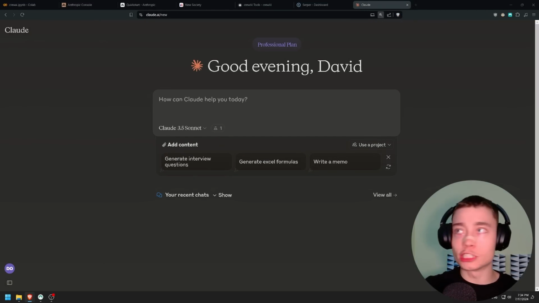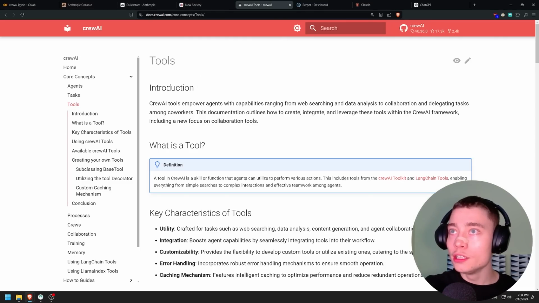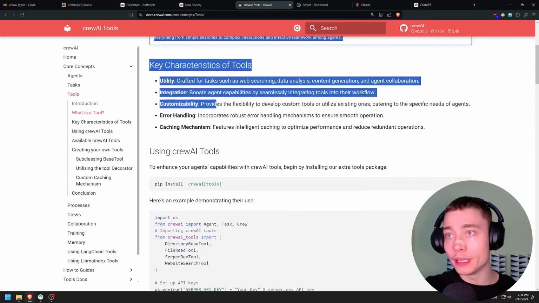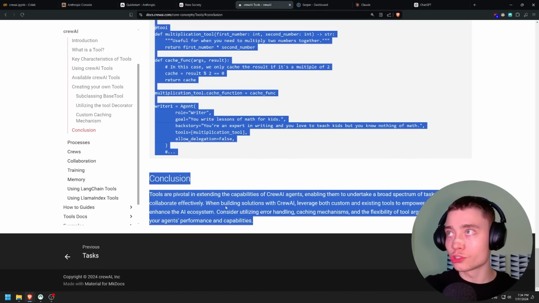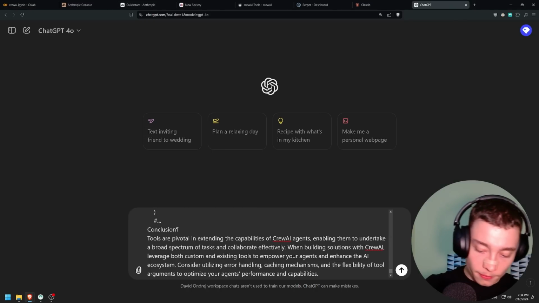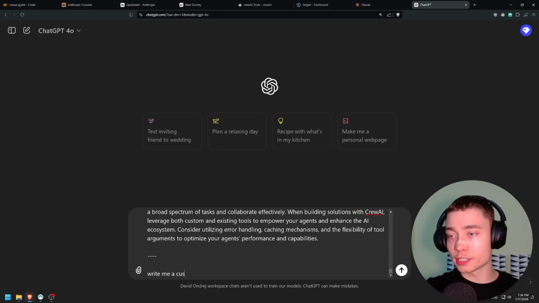Let me pull up ChatGPT as well. Doesn't really matter which one you use. Honestly, both are good for programming. So, say you don't know anything about Python or CrewAI, you would go into the site and copy the current documentation. You copy the entire site, Control C, you go to, let's say, ChatGPT, and type in below: write me a custom tool